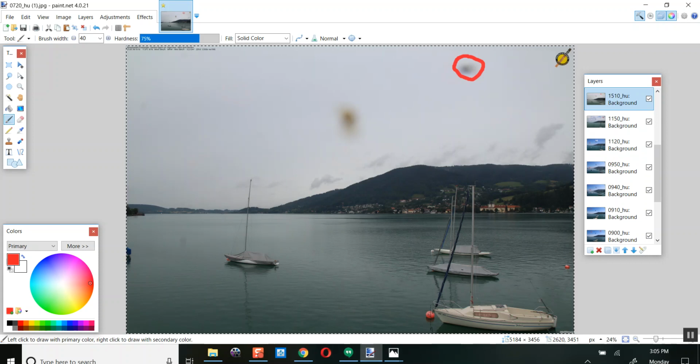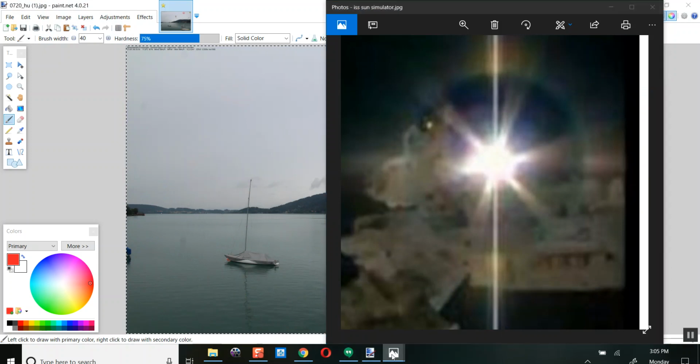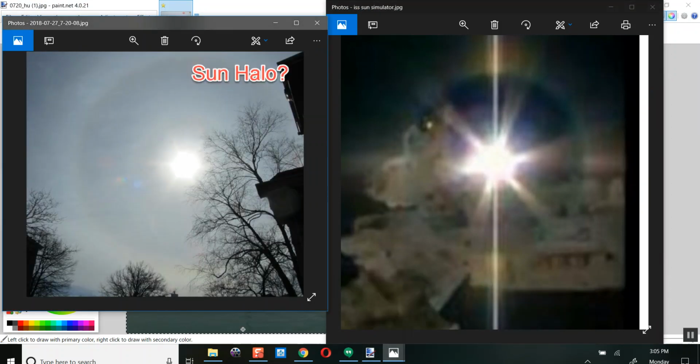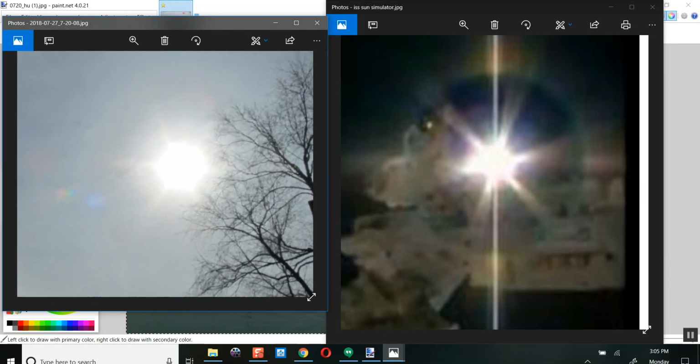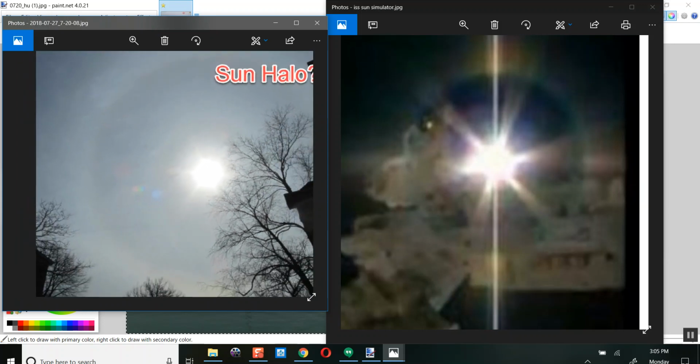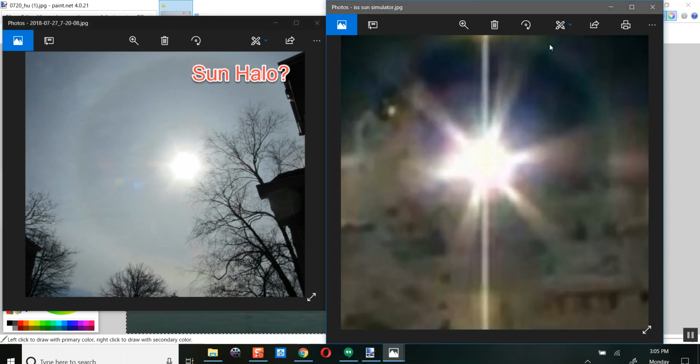Then I would like to show you something else I had done for those who have been following the Sun Simulator and having a hard time proving to those. I think this is pretty obvious. Check out this sun halo. I probably showed it in one of my other videos with a hexagonal sun halo. Can't even get any hex. And the meteorologists would like to call these are caused by ice crystals. However, that just seems to be an exact match with what we see from the International Space Station.